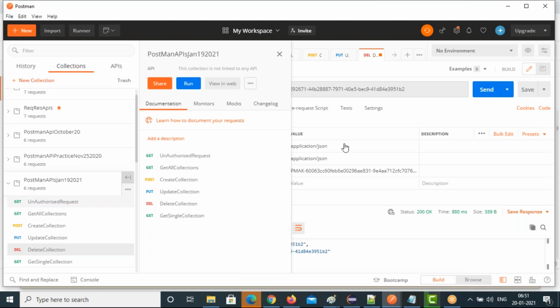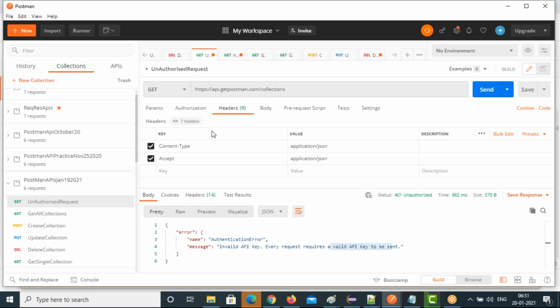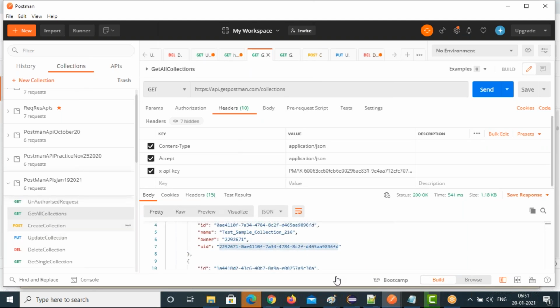It's saying the URL is empty, but the URL is there. The URL is there everywhere.